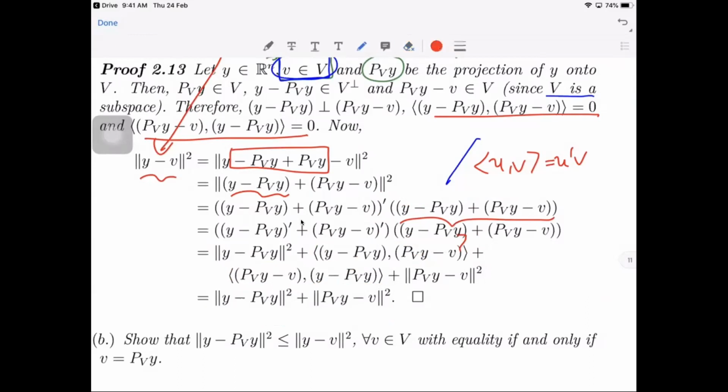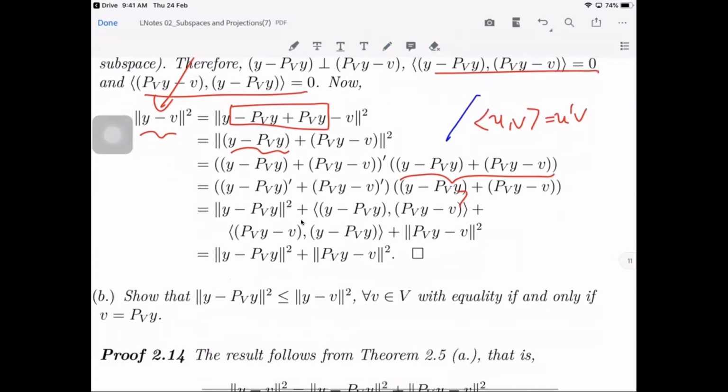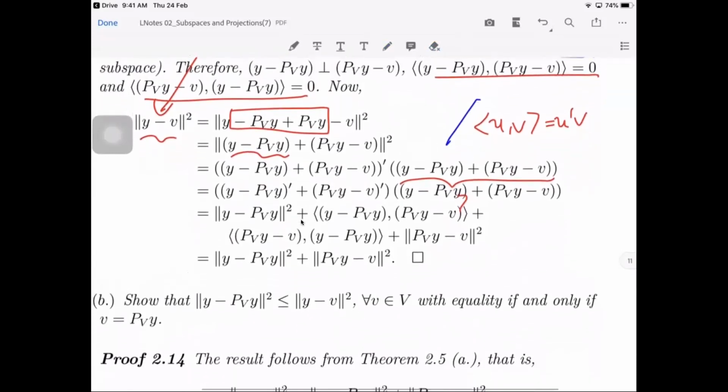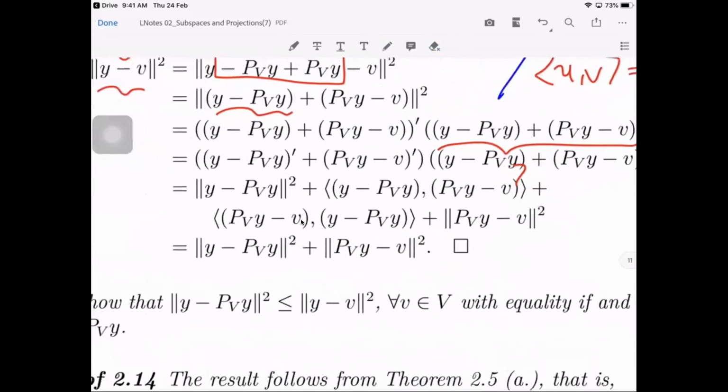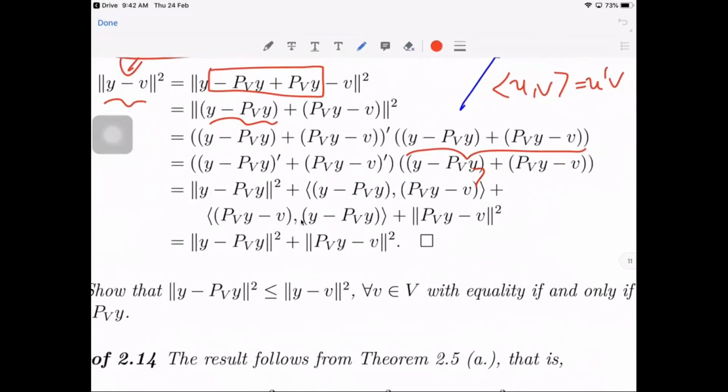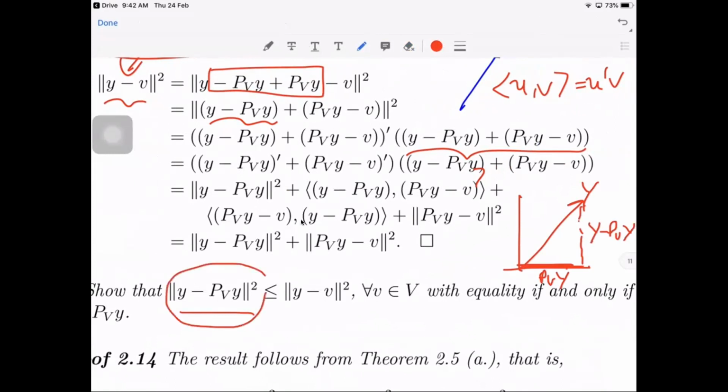And to show B, say, tawag ani. Kini, unsa gani ni? Na kay Y, na kay projection din hi. Kana, unsa gani ni? This is Y minus the projection of Y unto V. Unsay pasabot ani? Kini daw na distance is always less than any difference of Y minus any V